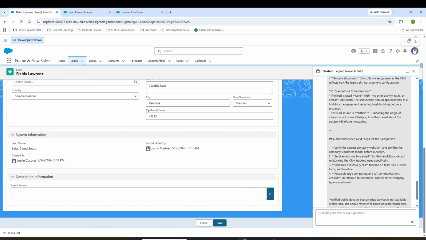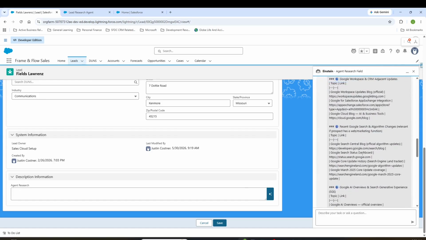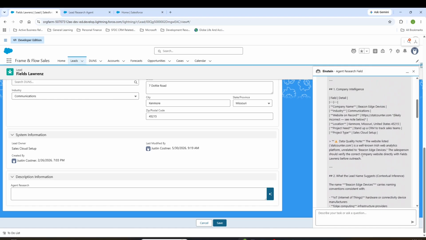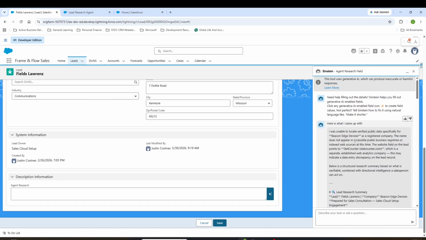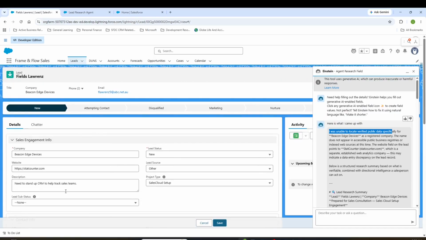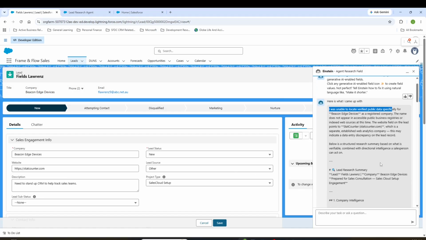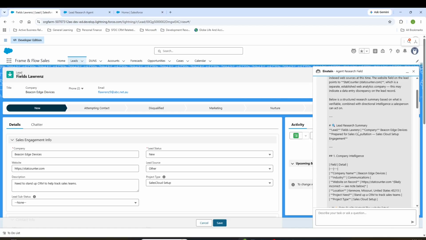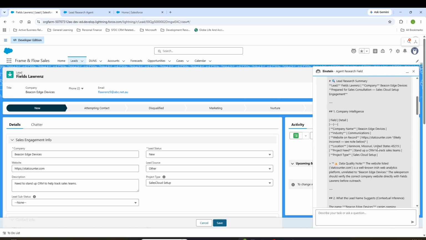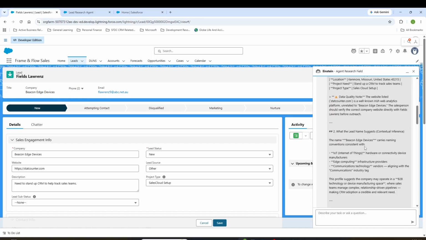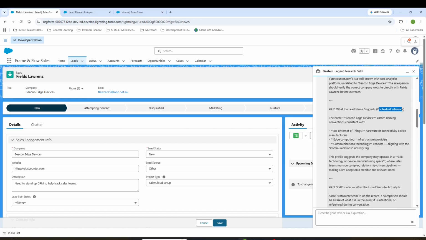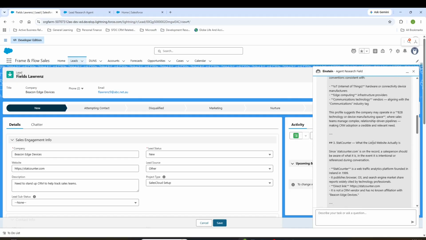And so the really cool thing about this in a business use case, right, is I can get this into a more concise manner depending on the prompt that I give. So it was unable to locate verified public data, which makes sense because it's a fake company. But based on verifiable information, right? So it looks at the company name and makes a guess, right? And this is just contextual reference of the name, right? So Internet of Things hardware